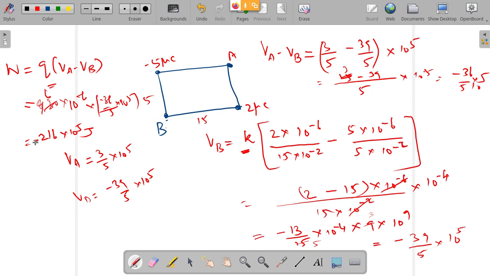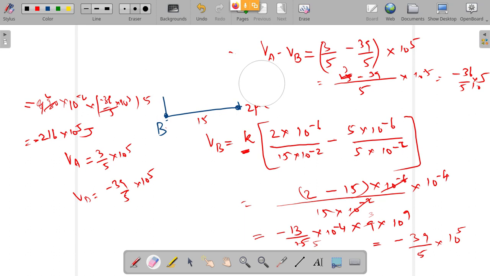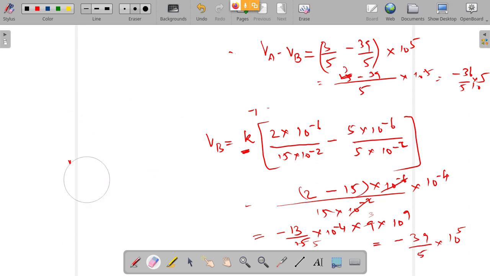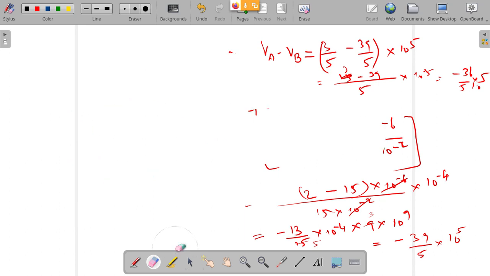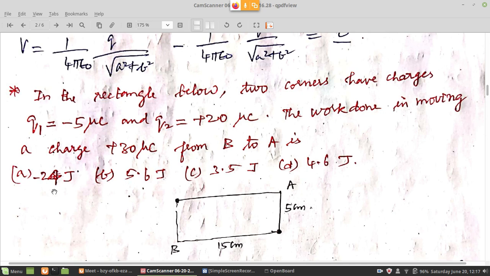So this is how we can do. I think a sign mistake or something has occurred. Just check it again. VA and VB again you check it and tell me. Because somewhere while converting our LCM, the signs have been mixed up like that. You check it again and tell me. VA again you calculate and tell me. VB again you calculate and tell me.